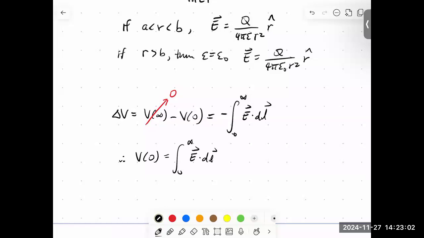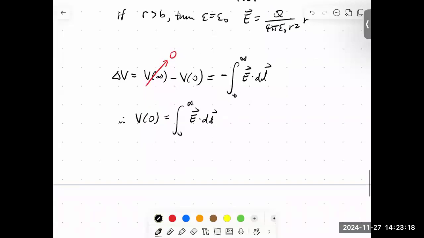We have to do this as a piecewise integral because we have two different electric fields, well, in fact, we have three different electric fields. What's the electric field inside the conductor? Zero. So we have to do this in three little bits. And so this would be the integral from 0 to a. In principle, we would have a term like this, but the electric field is going to be 0 in our conductor,